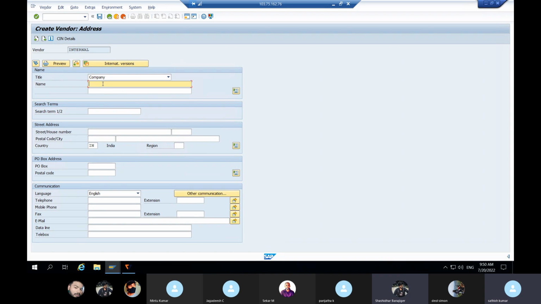So now update here Dell, your vendor name, update the vendor address, postal code, city Bangalore, enter now double time,